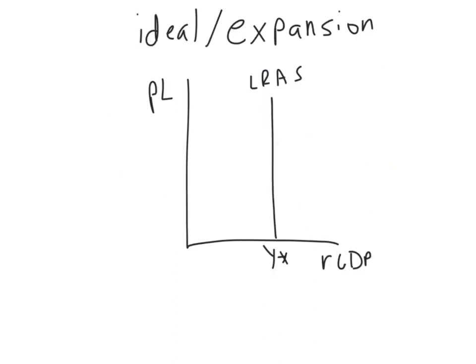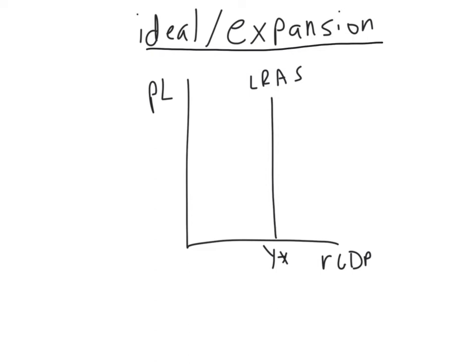So here we have the makings of our economy, and we're going to start with the ideal, the expansionary phase. What does the economy look like in an ideal situation, or at full employment output? I've already put the LRAS curve on the graph to show that that's our full employment output, our potential output of the economy. So ideally, we want to produce there in the short run.